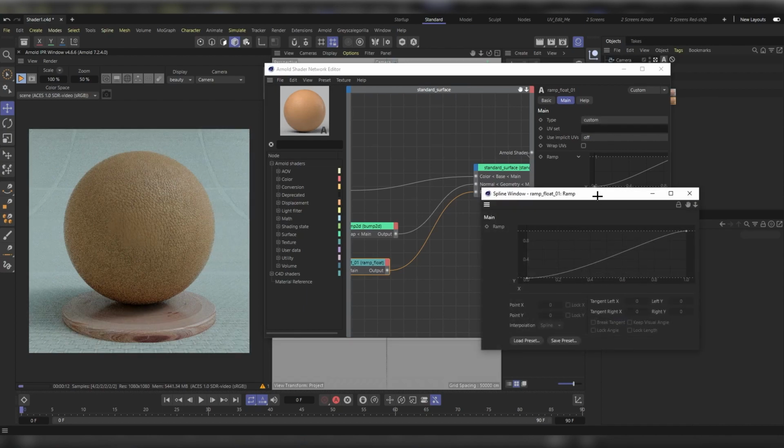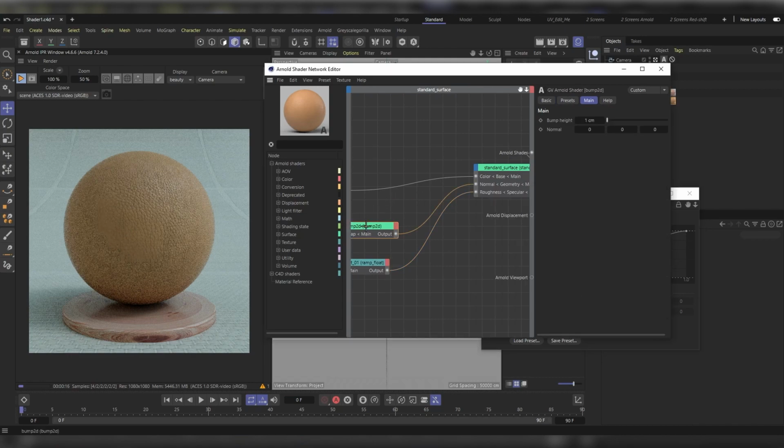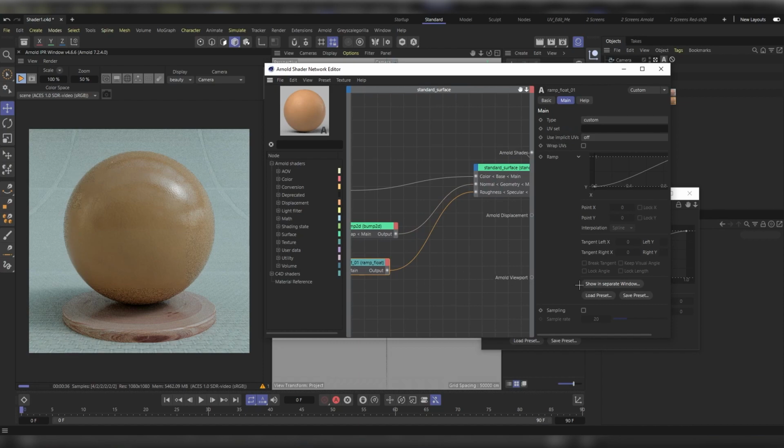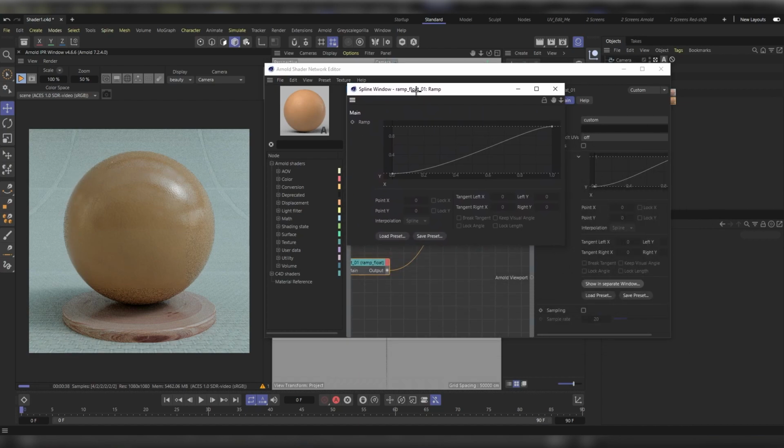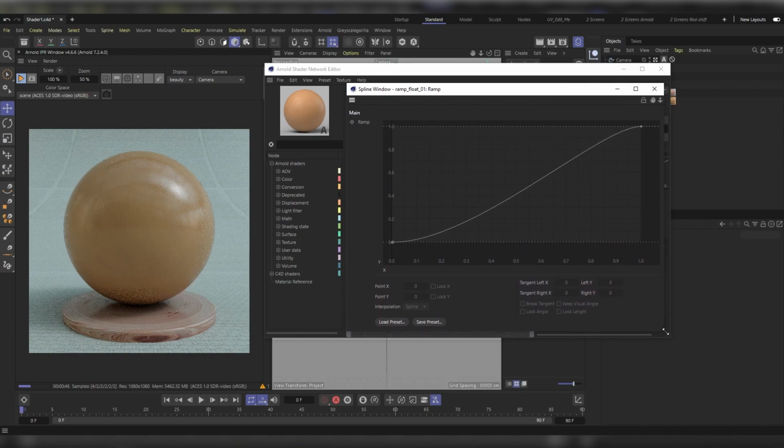I just noticed that the bump is too much. I'll reduce it first to something like 0.1. Again from the standard surface shader, again from the ramp float node, I'll choose it again and press on show in separate window. Now I have my curve that I need to adjust so it has better looking